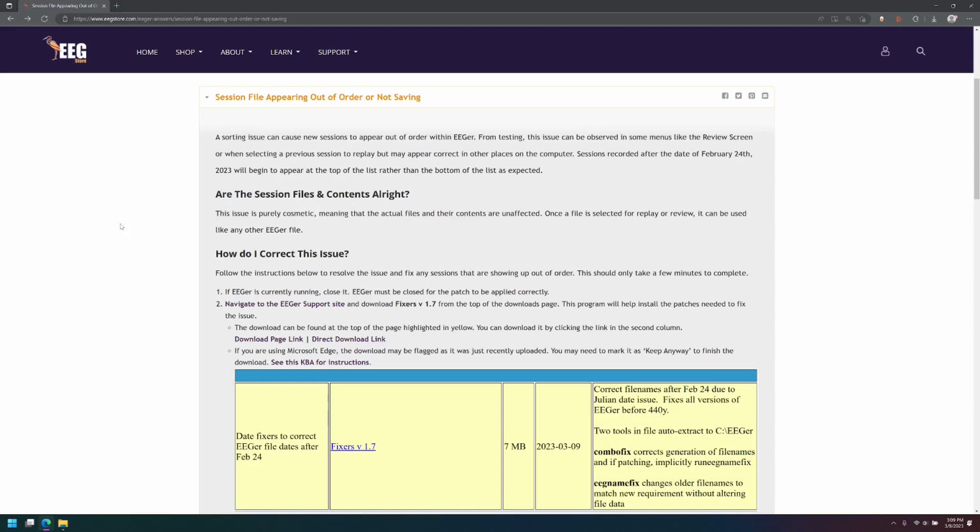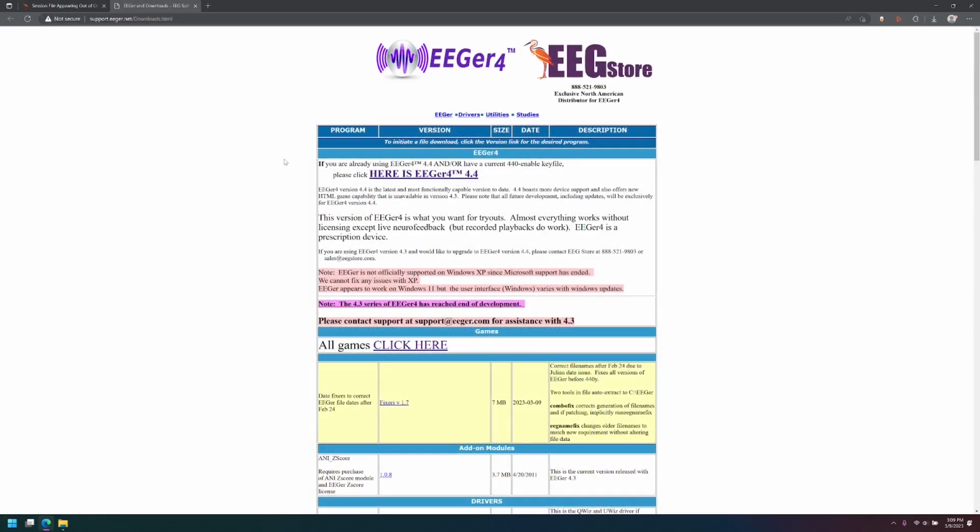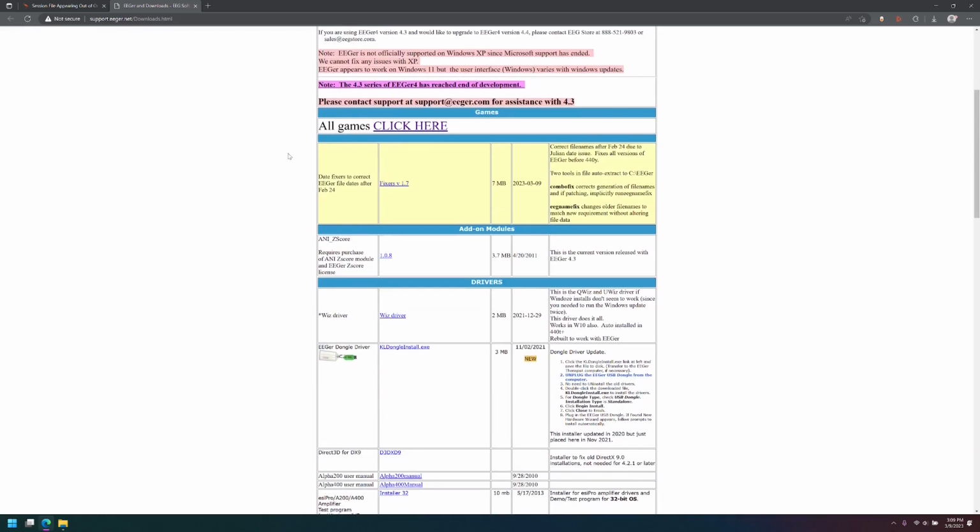The first thing we're going to want to do is navigate to the EEGer support site. The easiest way to get there is to click the link in the KBA that says download page link. Once we go to the support site, if we scroll down a little bit, we should see this section for fixers. We're going to want to click on the link here in the second column to begin